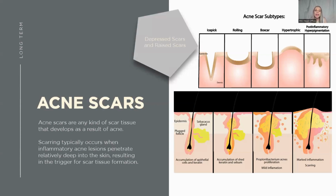However, we tend to see it more severe and longer lasting in people on the higher end of that Fitzpatrick scale. Do we tend to see a lot of scarring in clinic? If we do, what type of scars do you normally see? Do you see more ice pick, more rolling scars, more boxcar scars,